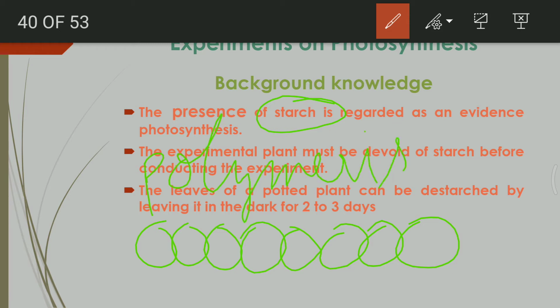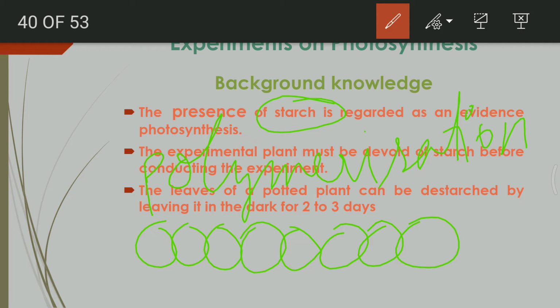we see the formation of a starch molecule, and the function of the starch molecule is that it serves as a storage food material. All the glucose molecules which cannot be utilized for the metabolic activities of the plant at one go are stored in the leaf of the plant in the form of starch, and whenever it is required it can again be broken down into usable glucose and reused.